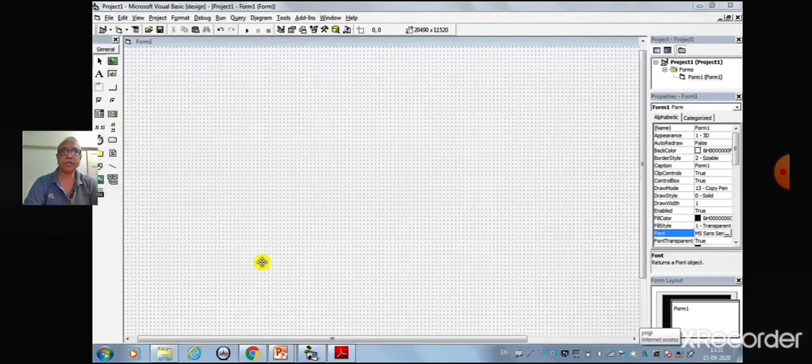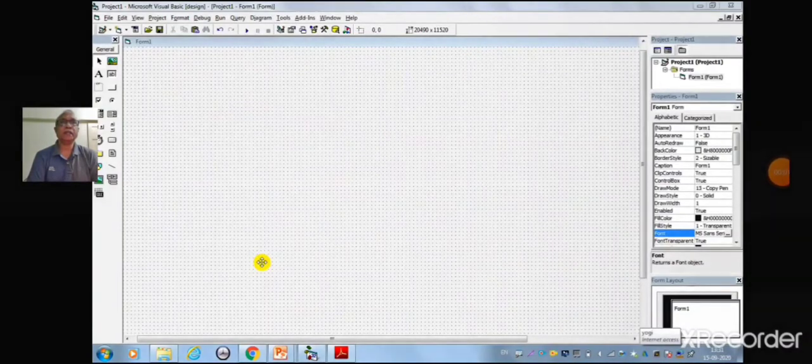The value of the shape control is 0 for a rectangle, 1 for a square, 2 for an oval shape, 3 for a circle, 4 for a rounded rectangle, and 5 for a rounded square. So let's have a practical understanding of this program by executing it.